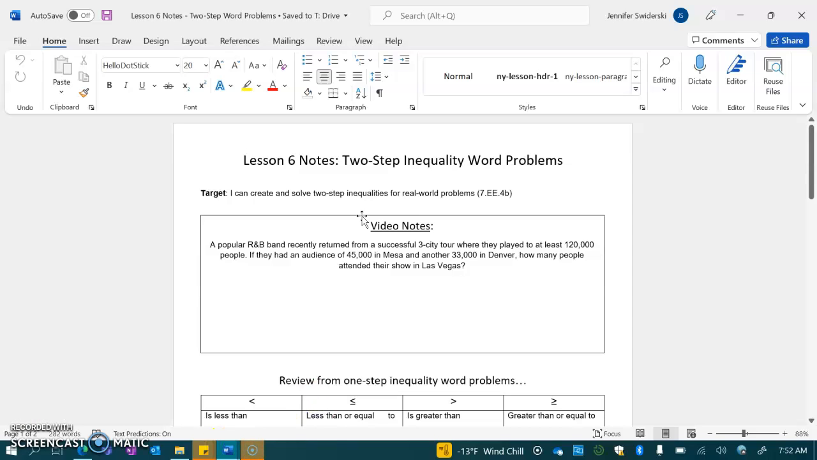All right, guys. So when we start talking about two-step inequality word problems, what we're really doing is looking for those key words, underlining our key statements, and trying to figure out what our inequality sign is going to be. So when I look at this, number one says,